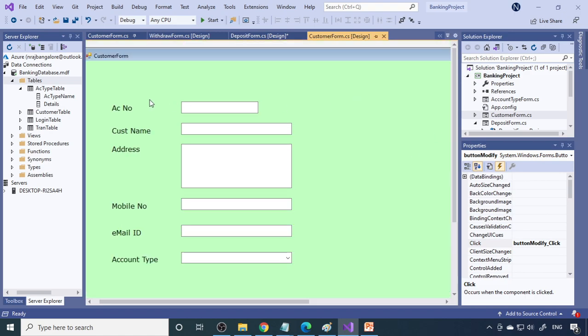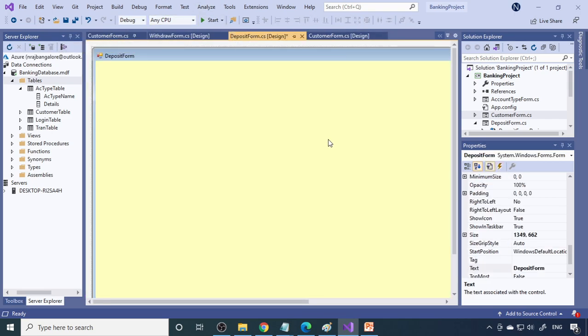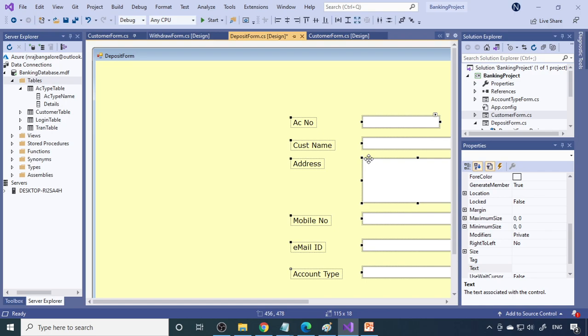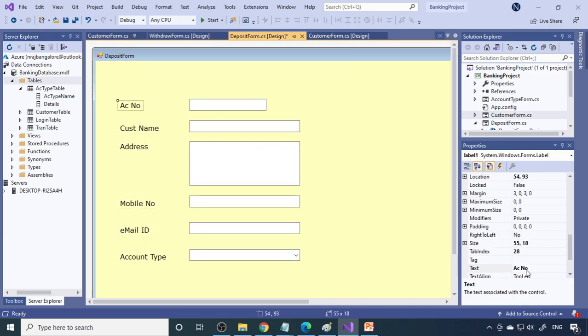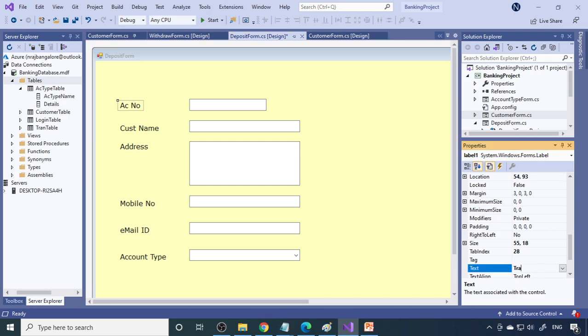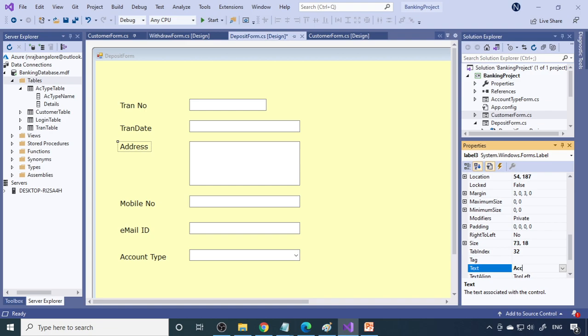Okay, so we go to customer form. Let us select all these things. Come to deposit form and paste it here. Fine. So here is the transaction number, so let's change it to transaction number. Here is the transaction date, what date it is. Next is the account number. Right.